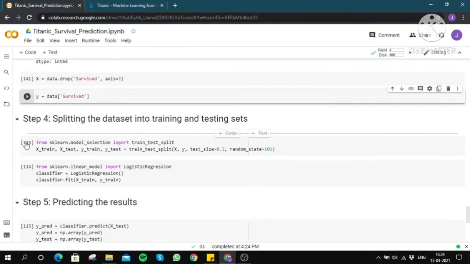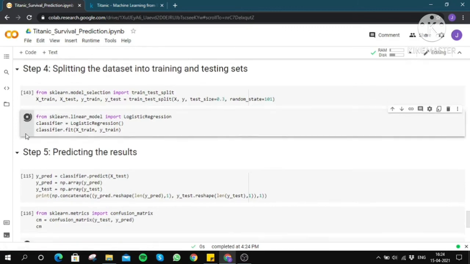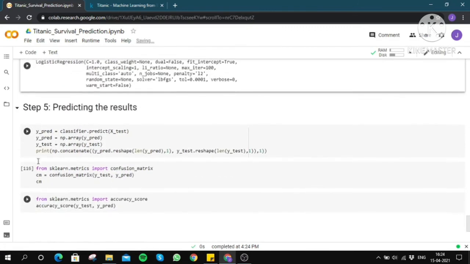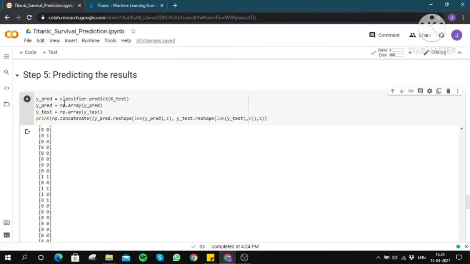Let me run the previous cells first. Now using the classifier.predict function, we'll be predicting the results of X_test and storing them in y_pred, and in order to see the different results, we'll be concatenating y_pred, the predicted results, with y_test, the actual results, side by side.